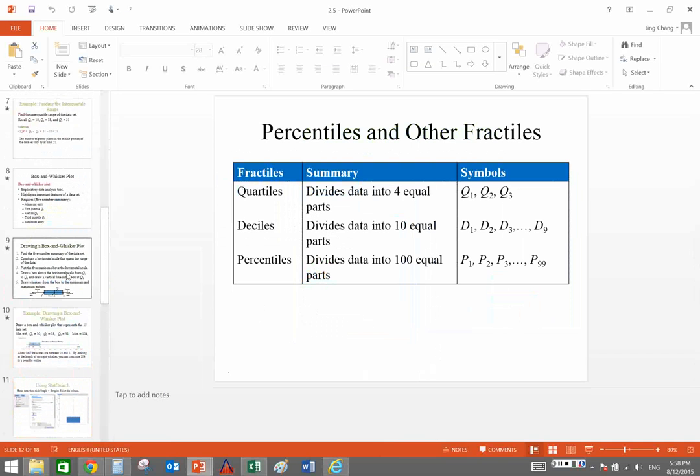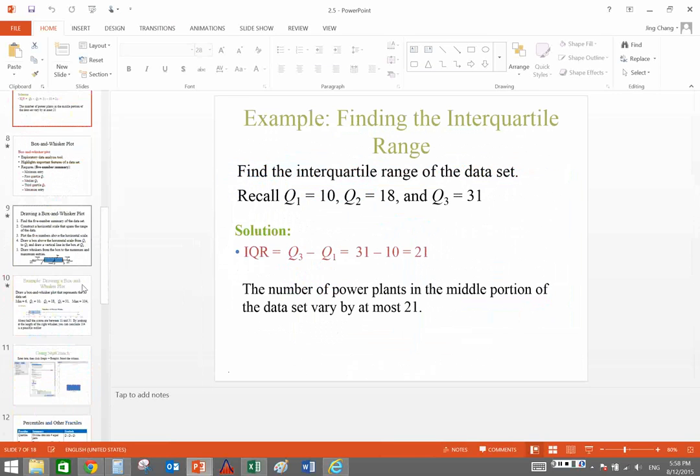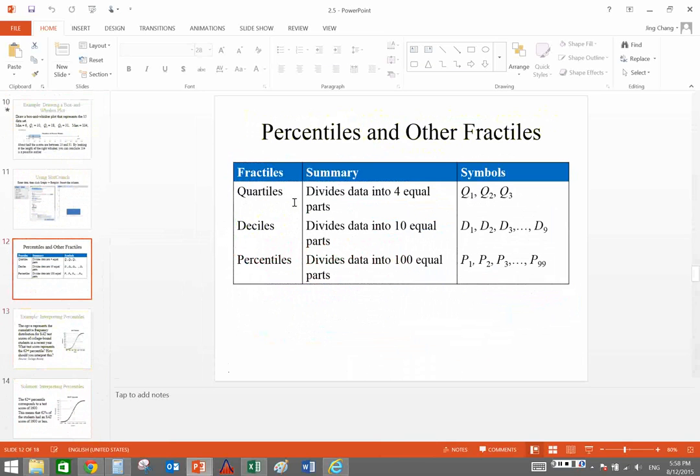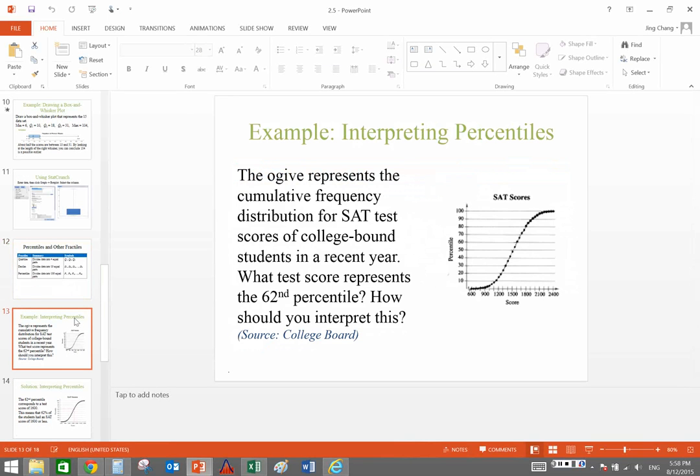Besides quartiles, we have other measurements for precision, like percentiles. Percentiles divide data into 100 equal parts. We have deciles, which divide data into 10 equal parts, just for your knowledge. Now, how do we interpret